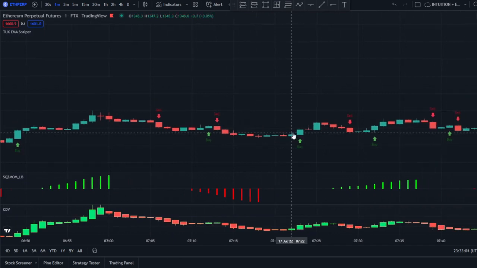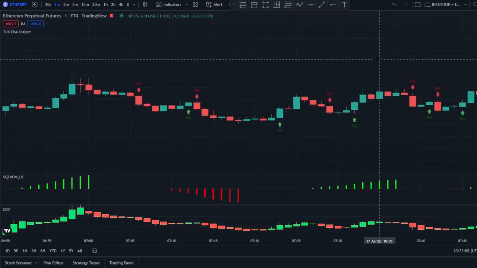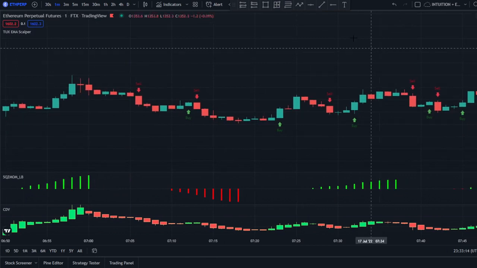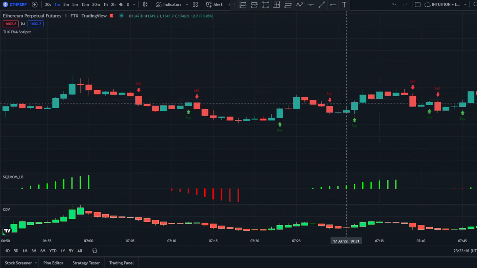So basically you're just trying to filter out the trades. It's quite easy to filter out, and it's very important to be able to filter out fast, especially when you're trading in real time, because you want to make your analysis quick. And on the 1 minute chart, any signal is important. So sell signal here, squeeze momentum is green, so we avoid that. And here we have a buy signal, squeeze momentum is green, CDV is green, so it's a valid position,